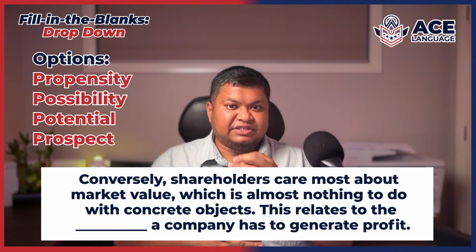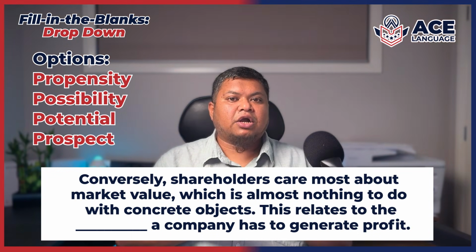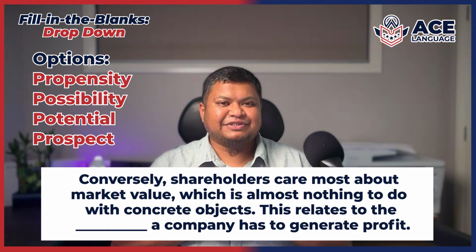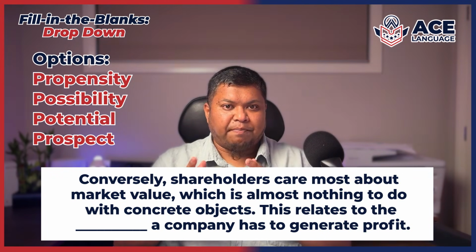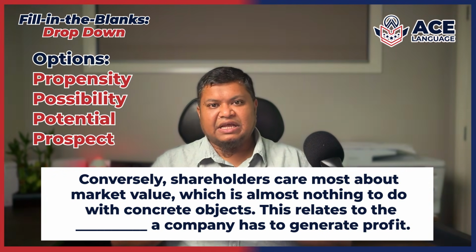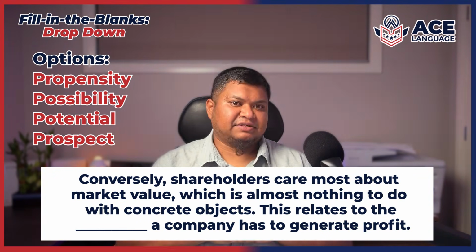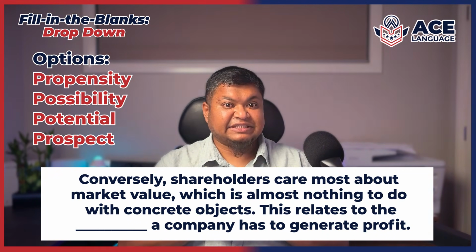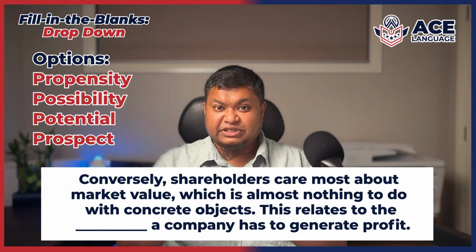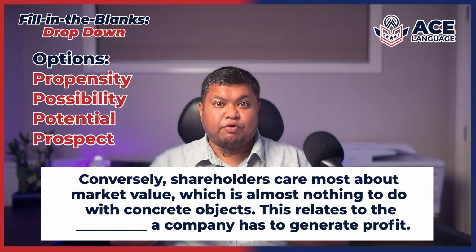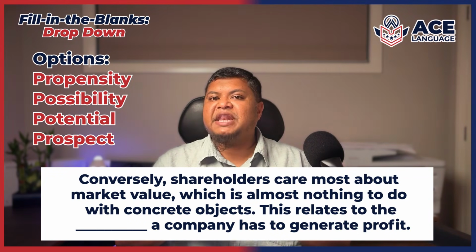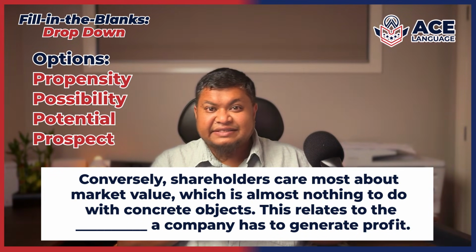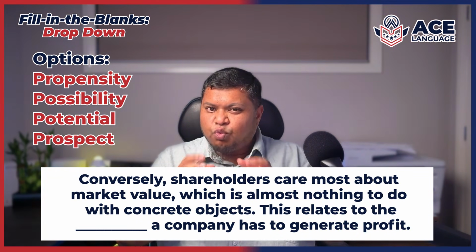This relates to the dash a company has to generate profit. And the options for the blank are propensity, possibility, potential, and prospect. At first glance, except for propensity, all other options, possibility, potential, and prospect, look similar in meaning. But if we look at the subtle nuances and subtleties in the meaning of each word, we will find out